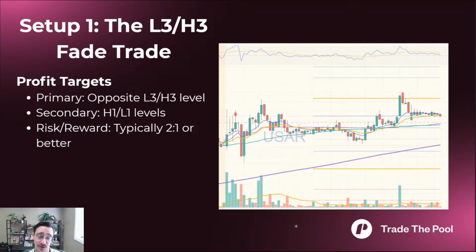It's not going to be super crazy, but generally you will be able to define your risk pretty tightly and just get these base hits and stack those up. In general, mean reversion strategies are never going to have crazy good risk reward, but using these levels, you can pinpoint it pretty good. So for example,